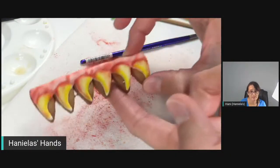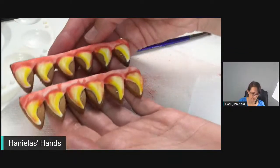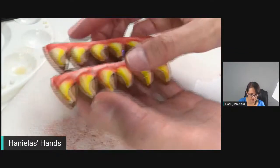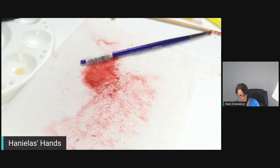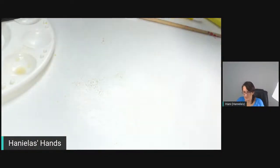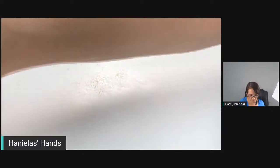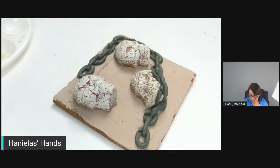All right, so that's another set. So we've got two sets done, and now we're going to start working on the roof. And for the roof, if you remember, we added the skulls and the chain. So I'm going to paint the chain with,